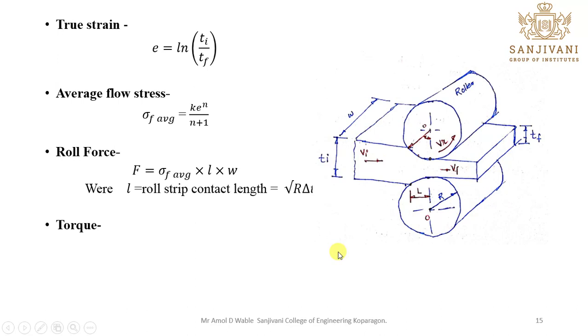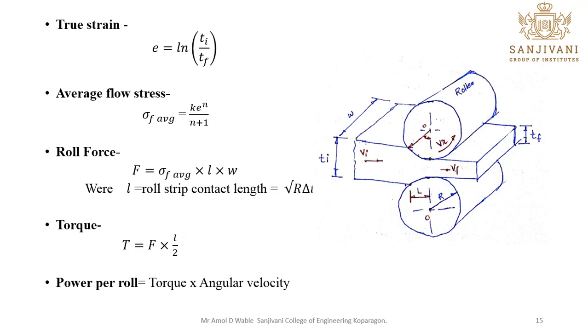Then torque will be force into distance. So we know the value of force. Now what will be the distance over here? So here the actual distance, if it is total L, if you take a half of it, that can be the distance where the actual force is acting. So we can write that as what? Torque is equal to force into distance. So distance will be the length, which is a half of it, that will be the actual distance. Or somewhere in a reference book you can find it as 0.5 into L. So it is one and the same.